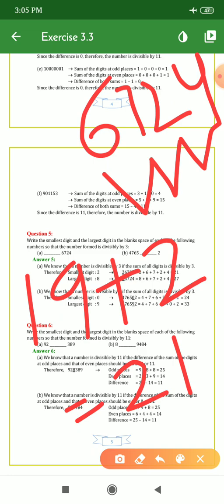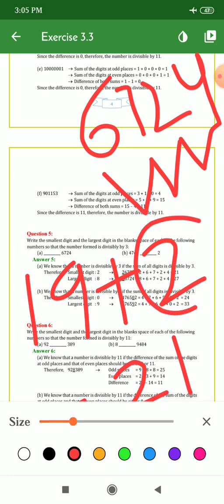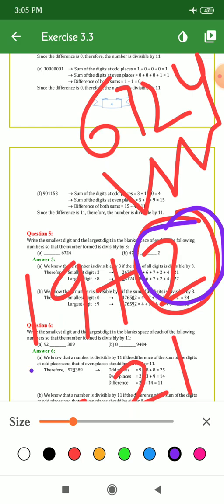Okay, so the smallest digit is 2, but we have to find two digits. One is the 2, which is the smallest here. Now we have to take one big digit. Okay, so how much should we add to 19 so that 24 comes? 20, 21, 22, 23, 24, so 5. And you have to take the highest digit. It means you have to check up to 9. Okay, you have to check from 1 to 9, because you have to find the largest digit.